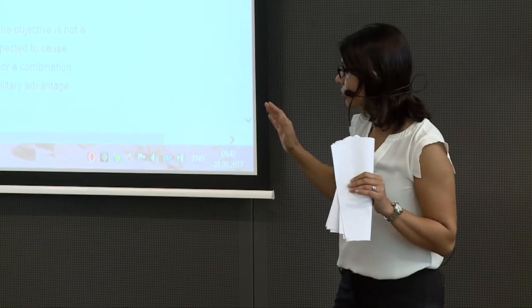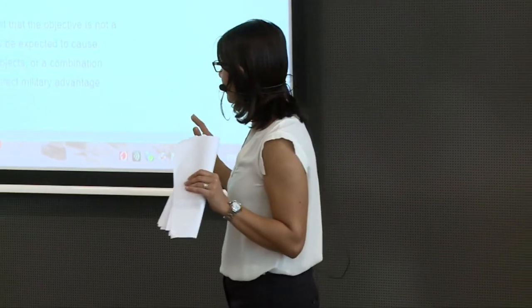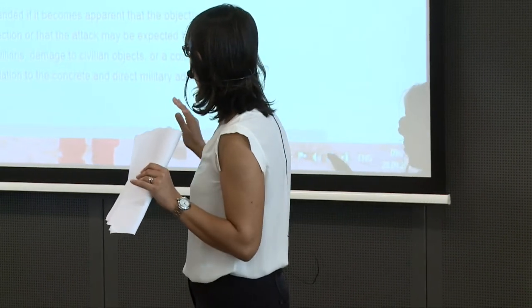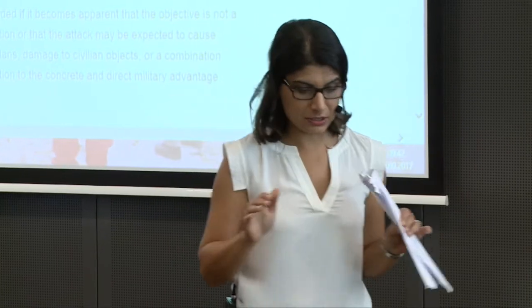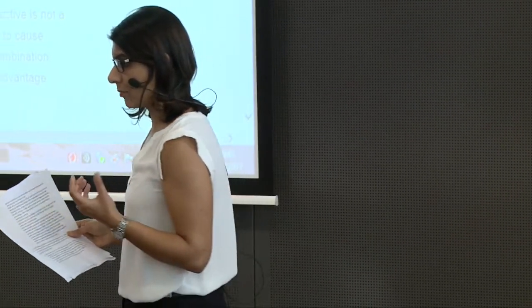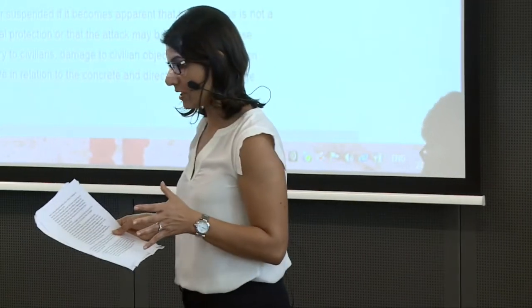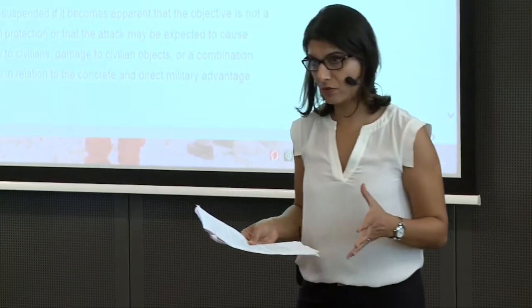Again, the precautionary measures: taking feasible precautions at the time of the attack, you have to ensure that the harm to civilians is being minimized. You have to constantly do this risk assessment in all phases. So the other way that one can learn how to reduce civilian harm in targets of opportunity is after operations happen, is how you're going to learn from what happened.